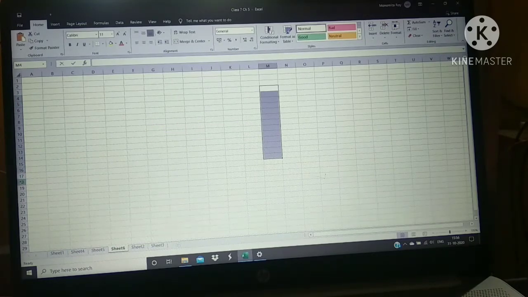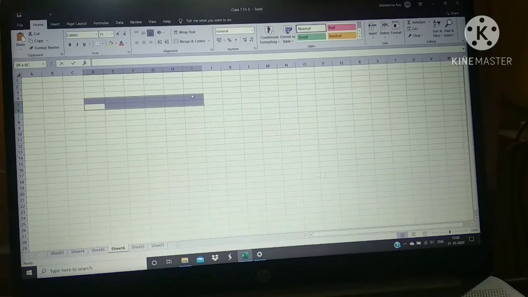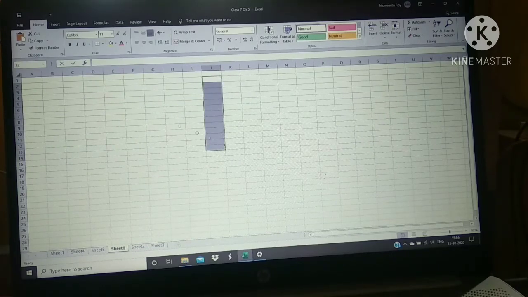This number goes up to 10,48,576, and this is called the row header. So this is the row header. This one is the row, this one is the column, and this is the row header.